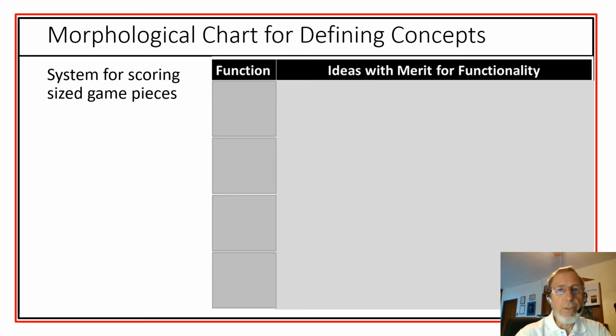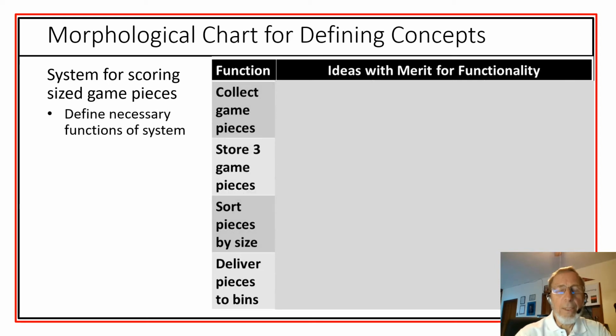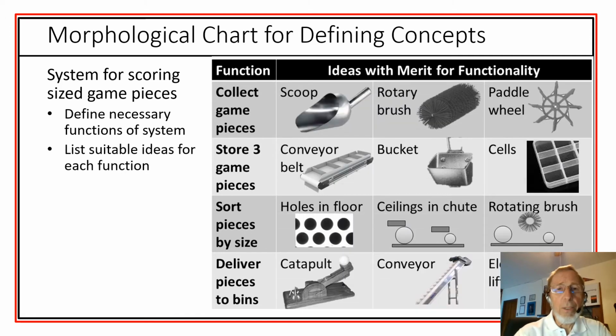Let's say we're talking about a system for scoring game pieces that come in multiple sizes. The functions that we might need in this system could be collection system, a way of storing up to, say, 3 pieces, a way for sizing or sorting those pieces that are collected, and a way to actually deliver these into bins. So, assuming that we've done some good idea generation and screening ideas so we know which ones really have some potential,